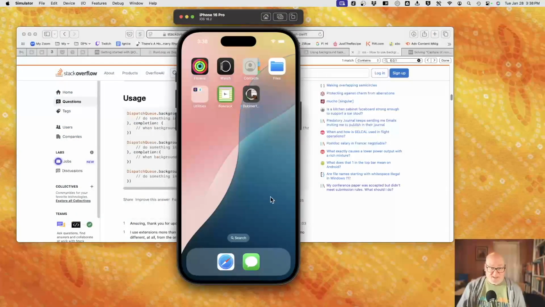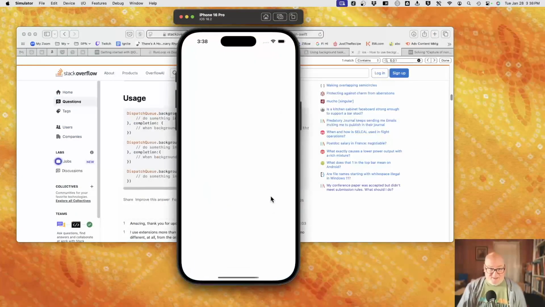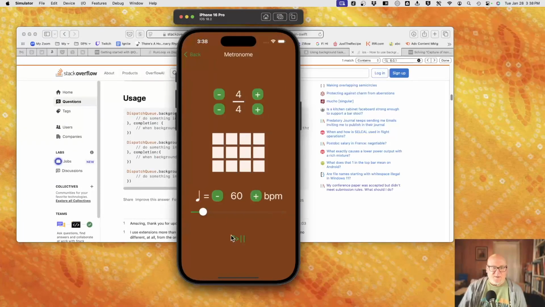So we should get 4 ticks at the thread level. Now, I don't know why. Yeah, maybe timer is fine. I mean, I'm going to run something. I don't know, well, we'll see where we're going here. All right, this should click 4 times at 60 beats a minute. Okay, now